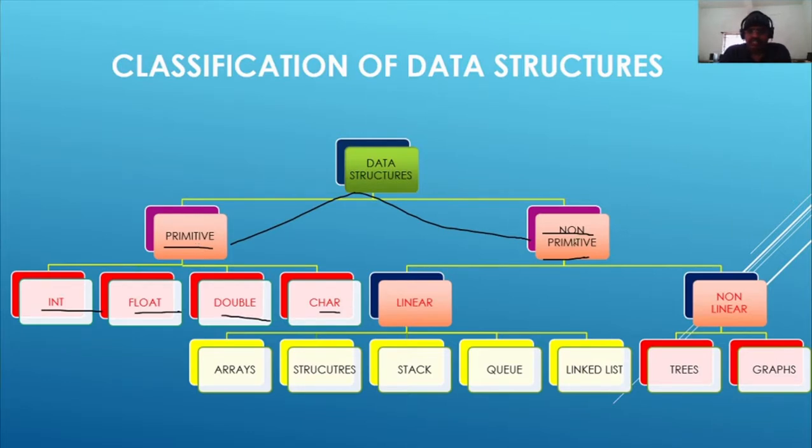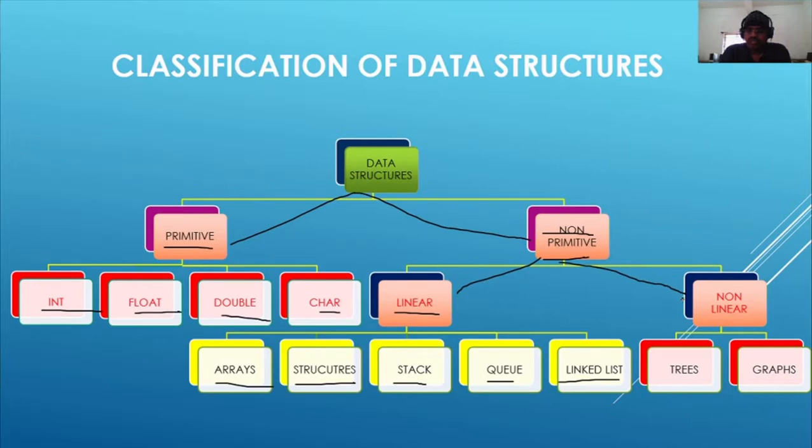The non-primitive data structures are further classified into linear and non-linear. Inside the linear data structures we have examples such as arrays, structures, stacks, queue and linked list. These are the examples of non-primitive linear data structures.